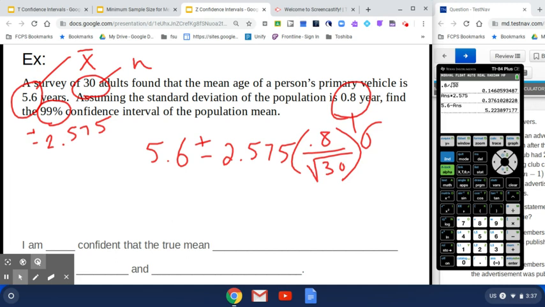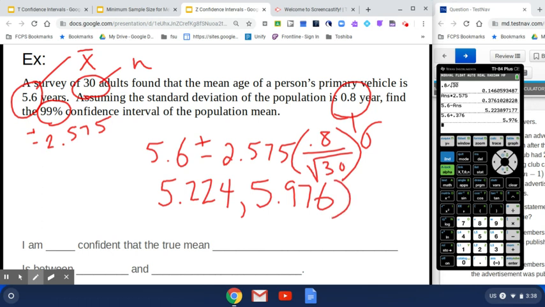So 5.224. And I'm going to take 5.6 and add on the 0.376. So my two values I get are 5.224 to